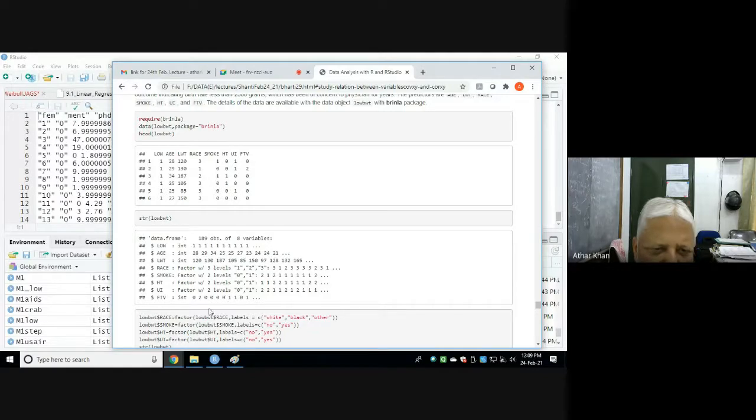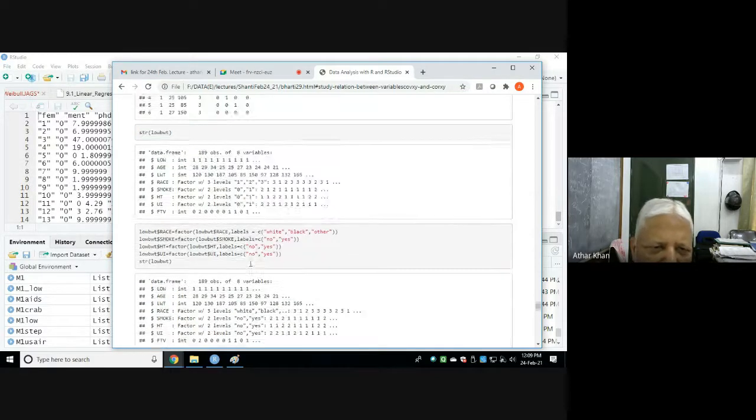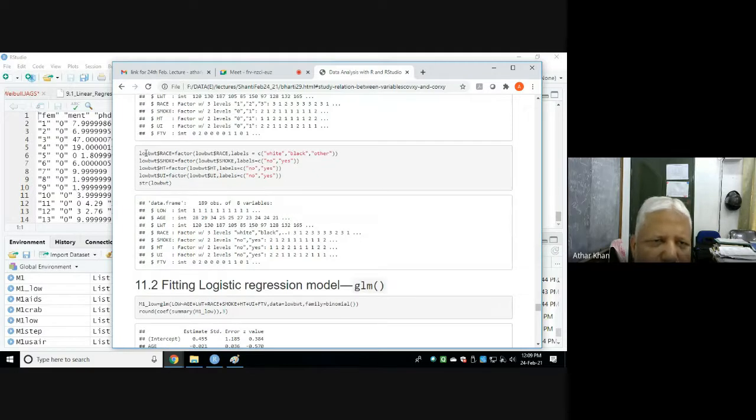Race has 3 levels, smoking status has 2 levels, hypertension has 2 levels, UI has 2 levels, FTV is an integer, and age is numeric. So all these are predictors. We can model this data. First, we converted them into factors. Factor of race: white, black, and other.